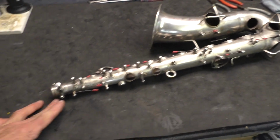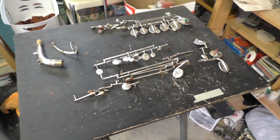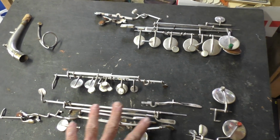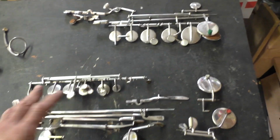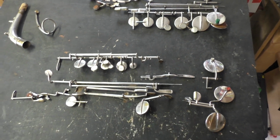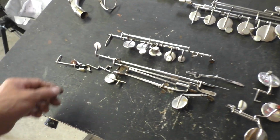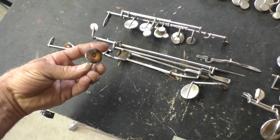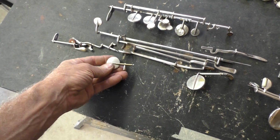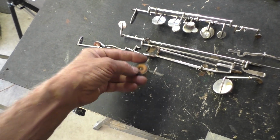I got to regulate all the keys, which, by the way, are over here laid out. So this is like the right side, that's the left side, but you know, they cross over kind of. It's an upper lower, but anyway, that's everything right there. So one of the first things I need to do is just take a picture of these, plot them all out, so I keep track of what's what as I go,